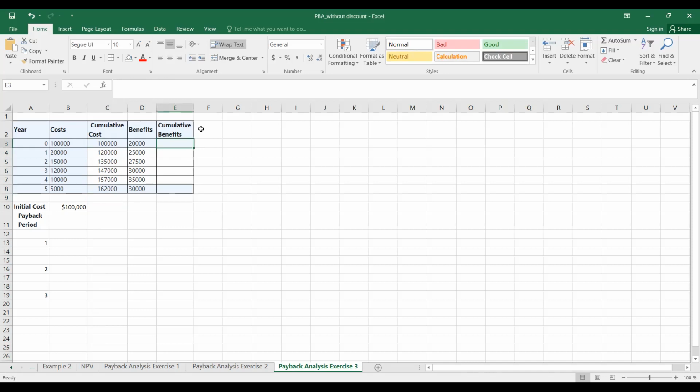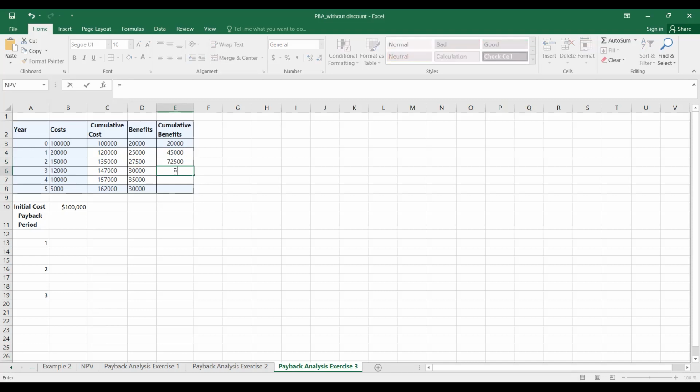Then likewise, the same thing you are going to do with cumulative benefits. So the benefit for year 0 would be your cumulative benefit. To find out the cumulative benefit for year 1, it is the total benefits of year 0 plus the benefit of year 1, which is $45,000. Next up, to find the cumulative benefit for year 2, it's the total benefit of year 1 plus the benefit of year 2, which gives a value of